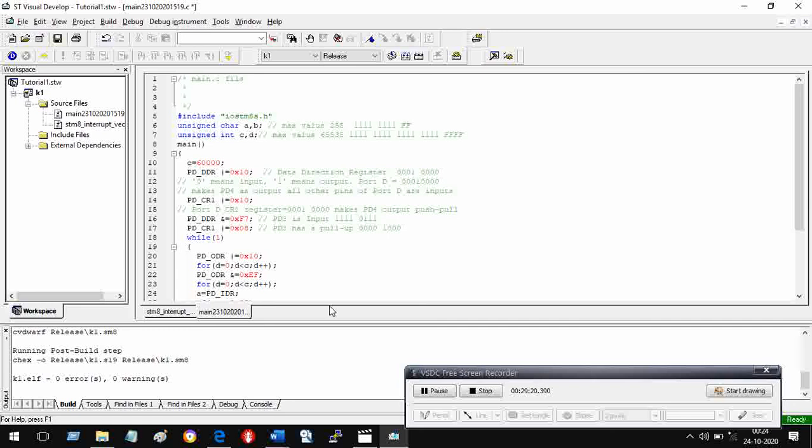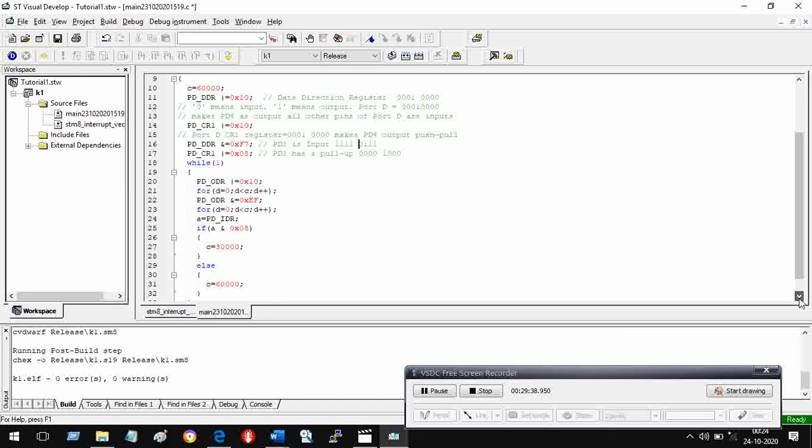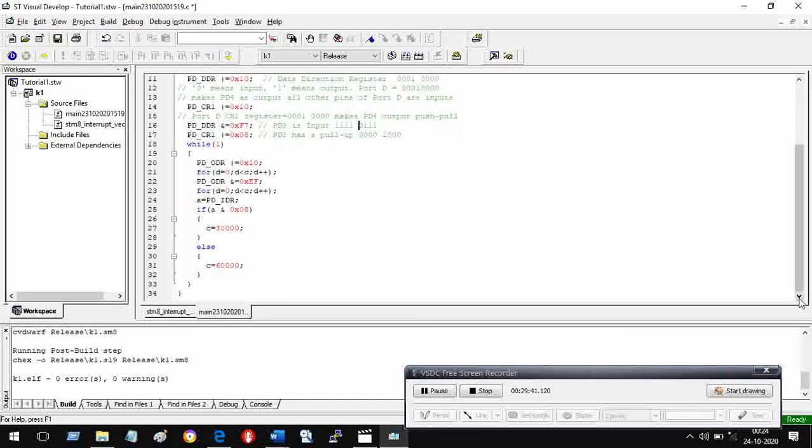In the program we will not change the initialization. We will retain this, and subsequently what really executes after this keeps moving inside the while one loop, and in this while one loop we are not doing any